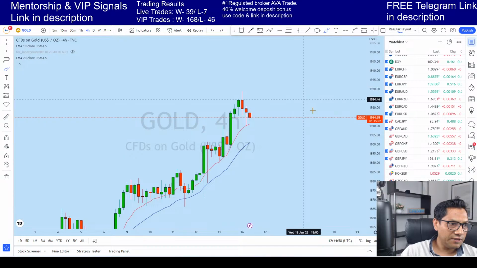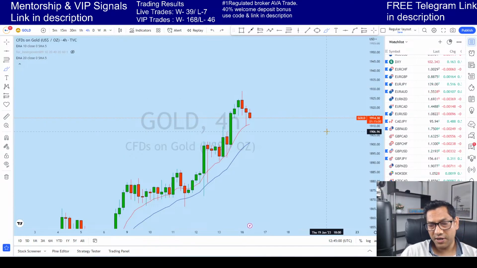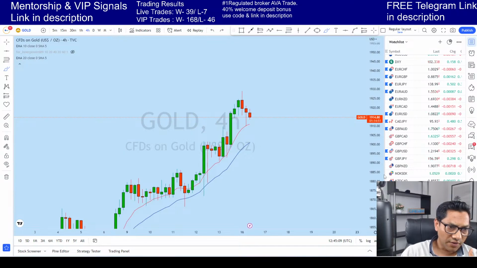So until we see a clean reversal pattern, no reverse, but for the time being, the only thing that we can look at is how this candle is closing after 1 hour 15 minutes, which we will be covering in this live session. We have to look at what's going to happen.